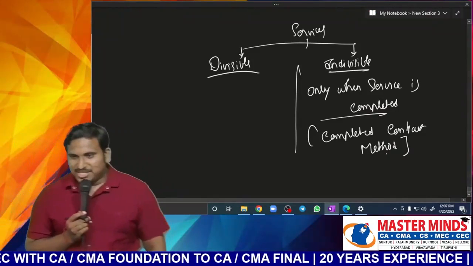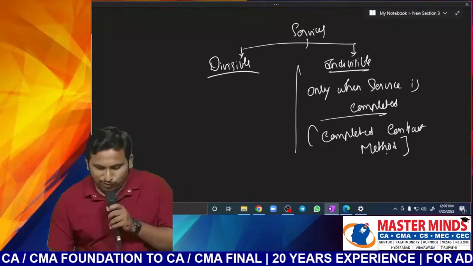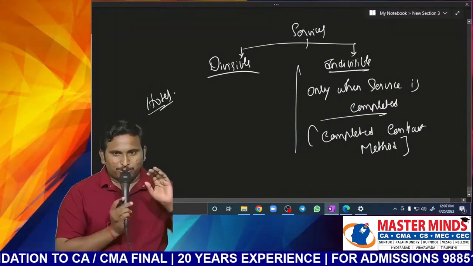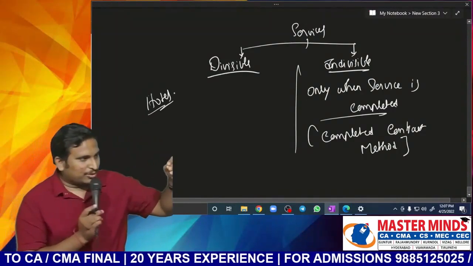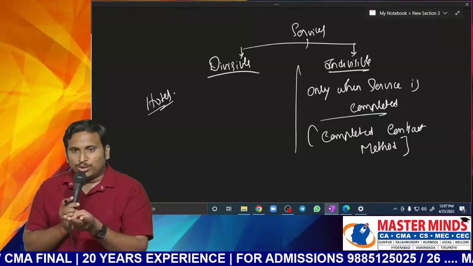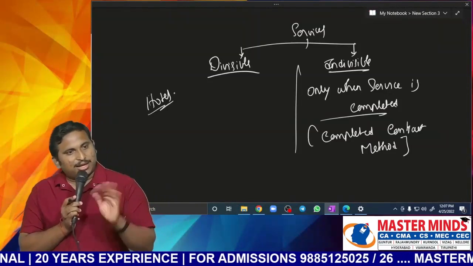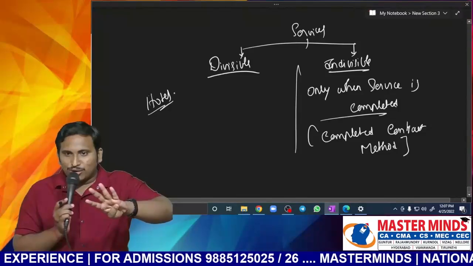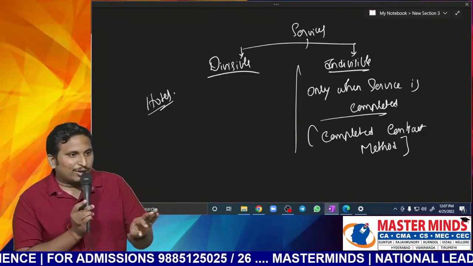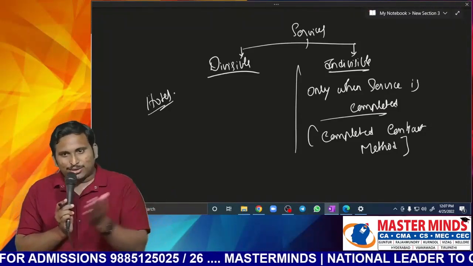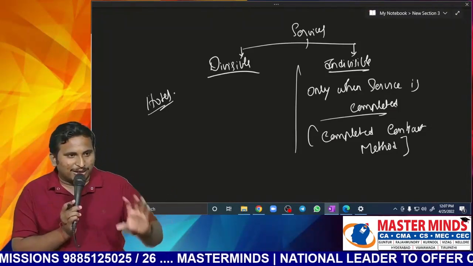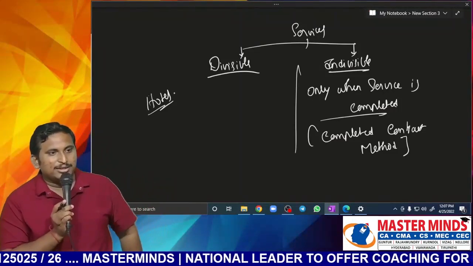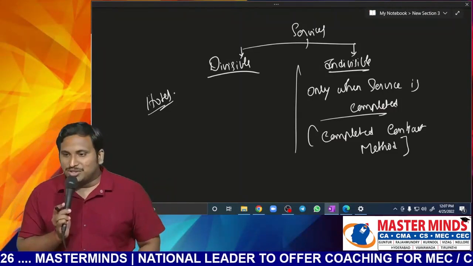Now, what is divisible, sir? Let me take the example of hotel services. Suppose you have gone for accommodation, maybe you have gone to some other state. You have stayed in a lodge for 4 days: 2 days on 30th and 31st March, and another 2 days on 1st and 2nd April. Can I allocate my expense over the 4 days or not? Yes. Comfortably in a hotel, 2 days here and 2 days there, accommodation is easily divisible. The nature itself is divisible. Every day the same type of service can be divided.